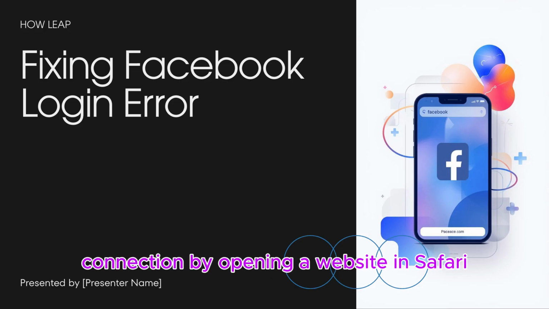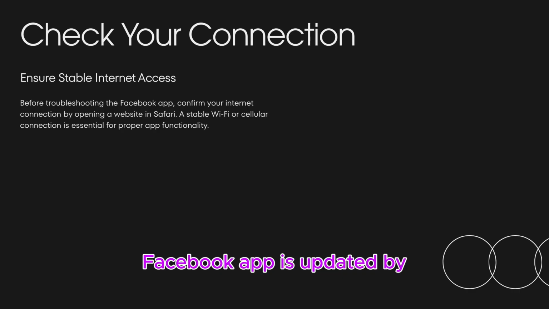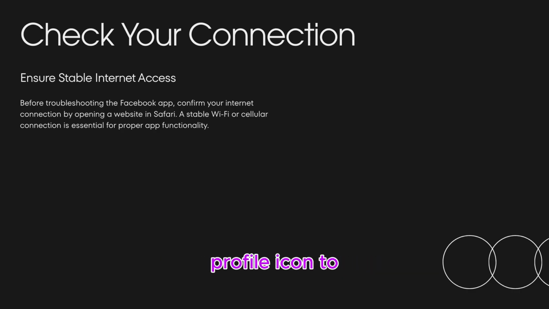First, check your internet connection by opening a website in Safari. Next, ensure the Facebook app is updated by visiting the App Store and tapping your profile icon to check for